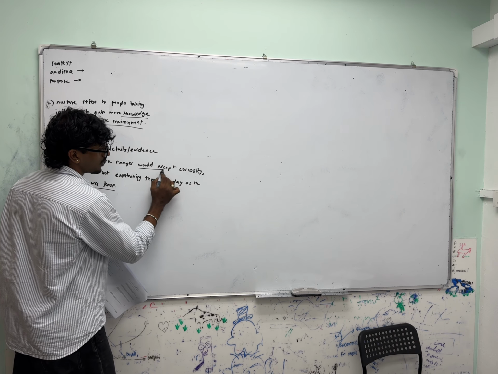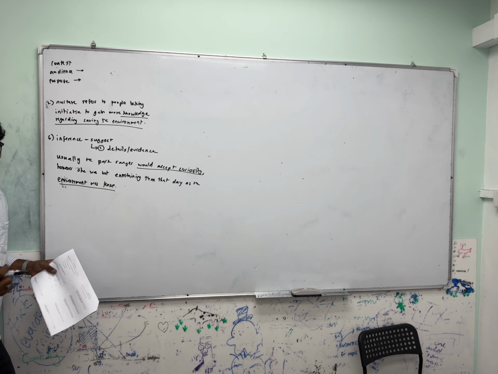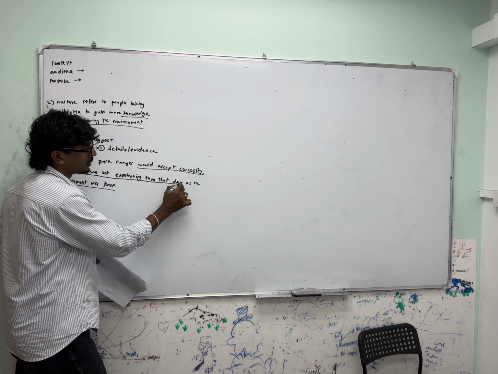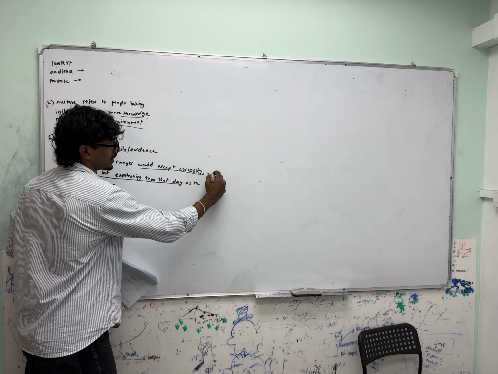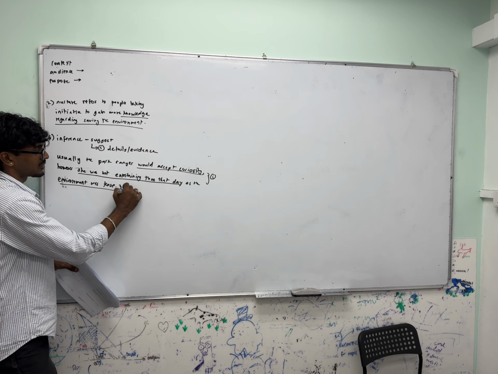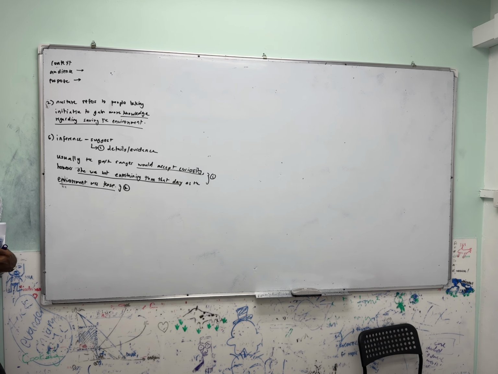Would accept "curiosity". This is because this is usually what will happen. Then the last part that you must have is, however, today, what was the difference? Must show comparison because it said "usually", right? So if you don't show this comparison, you'll not be given your 1 mark. So this is 1 mark for your comparison. And the third one is answer the second part of the question, which is on that day. Okay? So this one you make sure you get 1 mark by 1 mark.